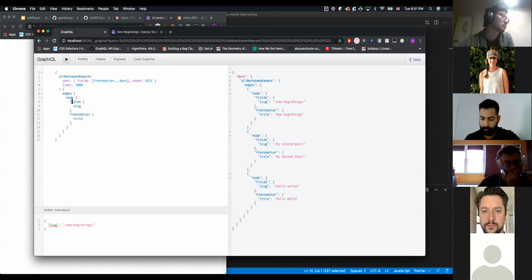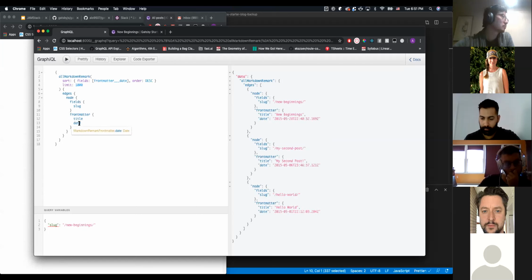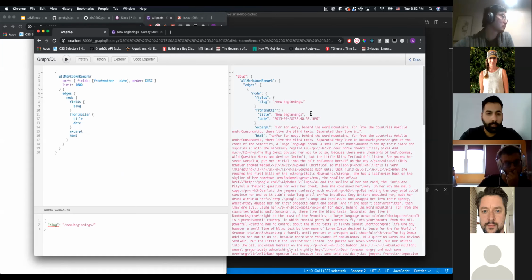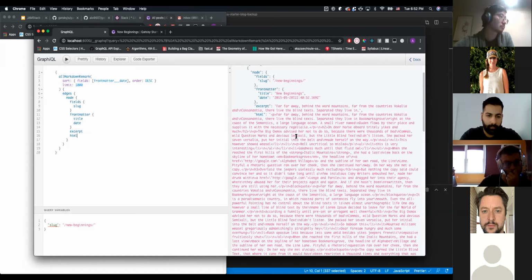So within posts, each edge, which is what's returned from it, will contain nodes that have different information. In this case, we have title. Maybe we want the date of the post as well. Maybe we want an excerpt from the post. You can see this is a really hyper-powered query. And the important thing is that you can even get the full HTML parsed by remark available to you just